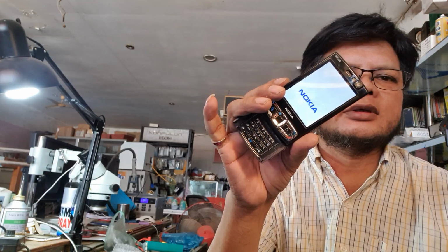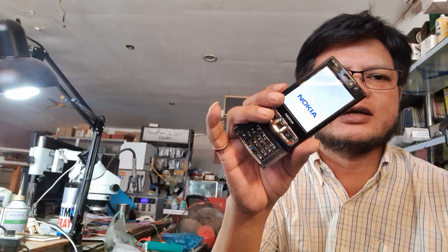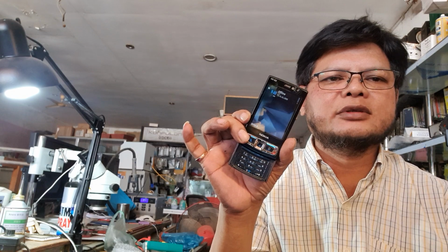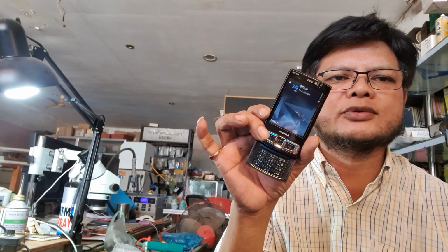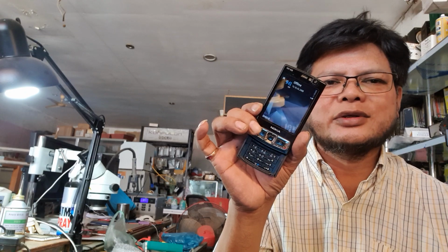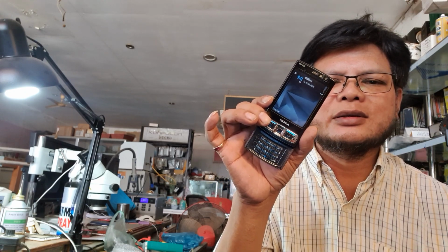Nokia N95-8GB. Nokia this was produced in 2007. Yes, now we description about the Nokia N95-8GB. It was produced in August and released for sale in August 2007. Yes, the product of 2007, August. Now we try to check about the identity, yes, identity of this Nokia